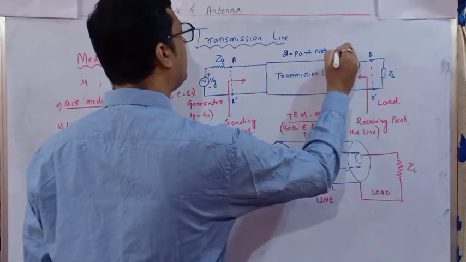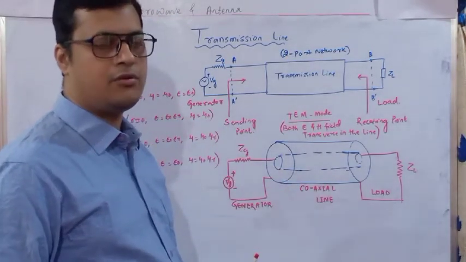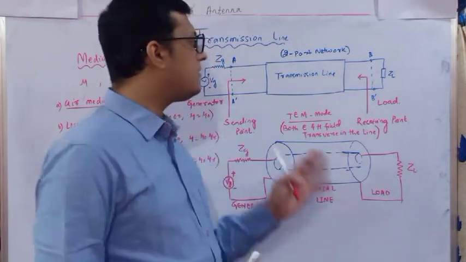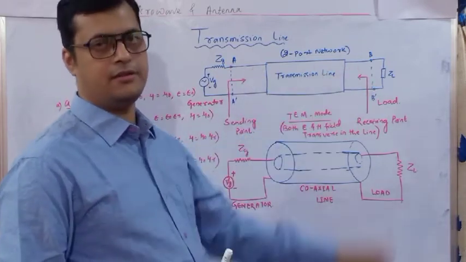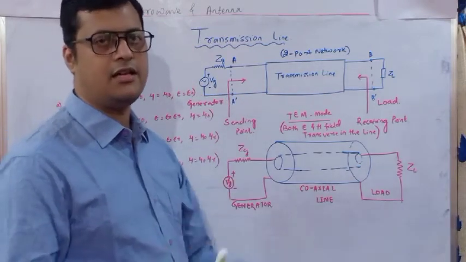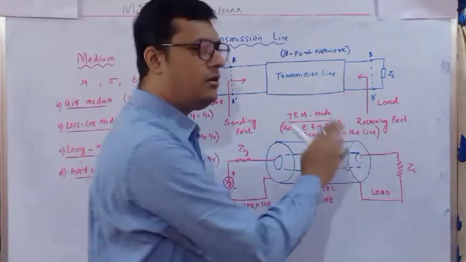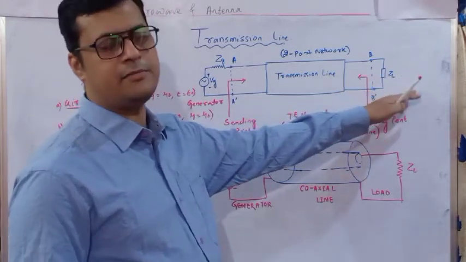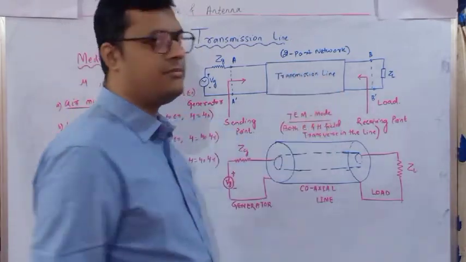Now in network theory you have undergone a number of networks. Whether it is a 3-port network, 2-port network, or 4-port network depends upon the number of terminals available. As per the figure, there are two ports available, port A and port B. Port A is energized with the generator side. Here we are energizing the lines and sending the information toward the load. In the load we will measure what sort of information we are delivering at this particular point, and we require a particular medium, which is called a transmission line.